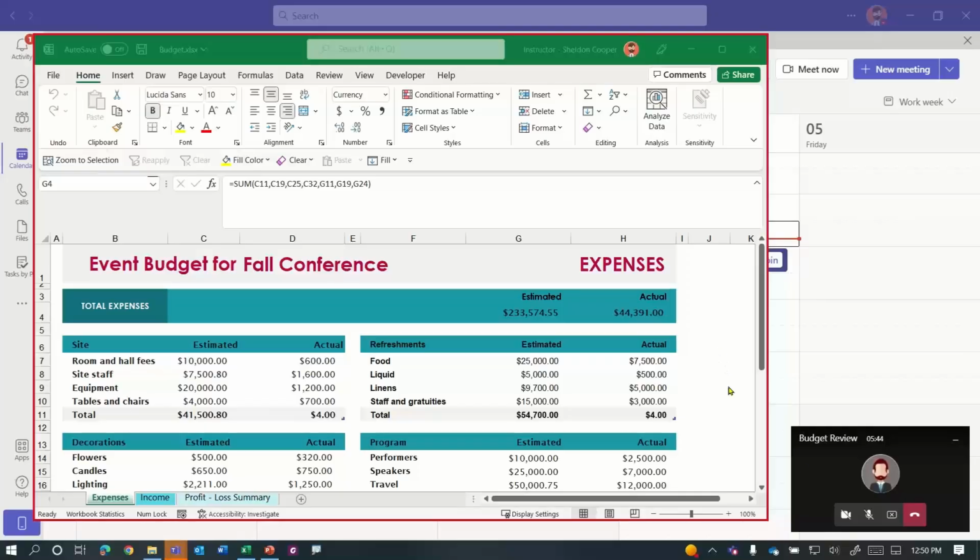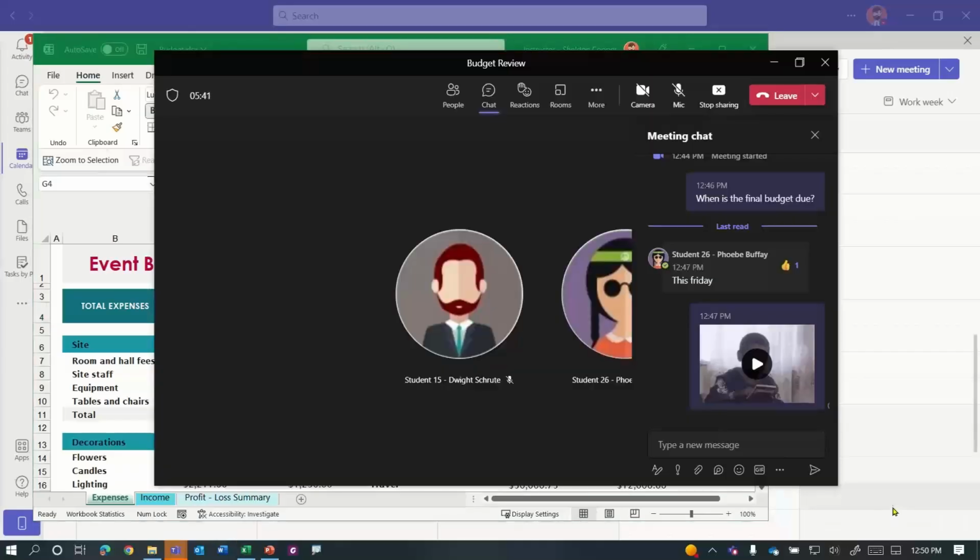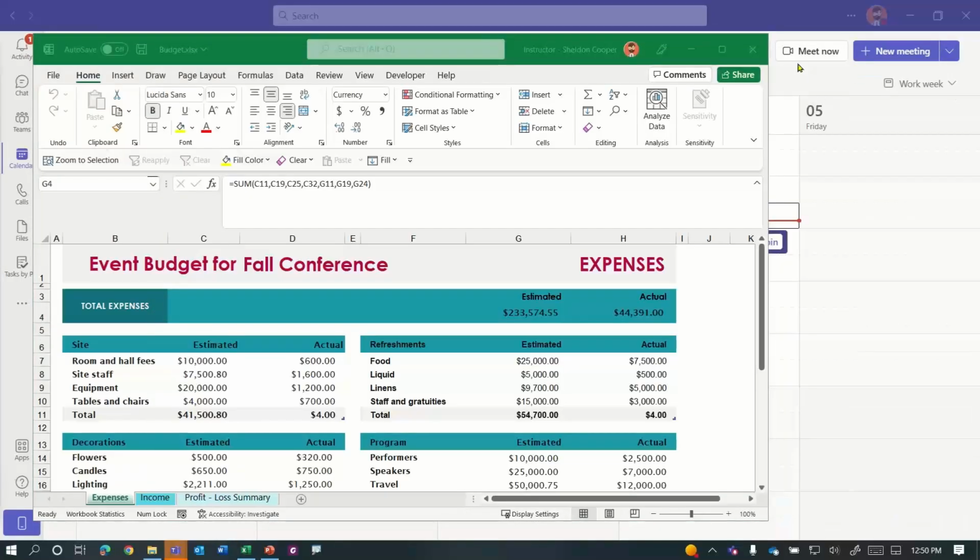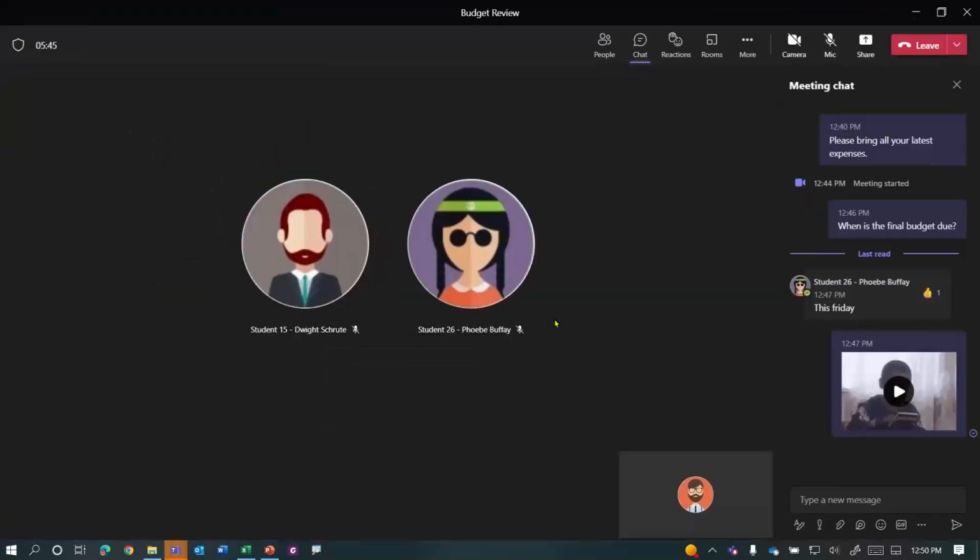Now, once I'm finished sharing, you'll notice that the meeting window got minimized on the bottom right. I can stop sharing by clicking this little stop button. It pulls the meeting window back up, and there we go. Now, I just want to add that there are a ton of more options, and I'm going to highlight the